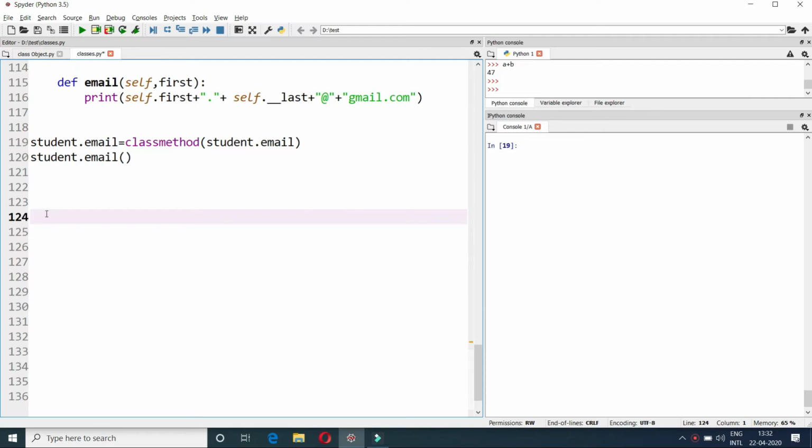But before we start with operator overloading, let's get back to the initial lecture where we saw how to add two integers or how to add two strings. So I have taken a variable a which stores the value, suppose, 10, and another variable b which stores the value 15. So these are integer values, right? And when I try to add these values, I get some result, right? Let's run this.